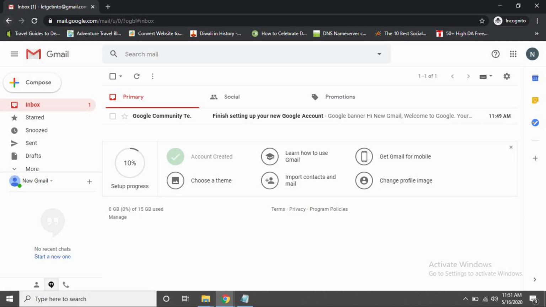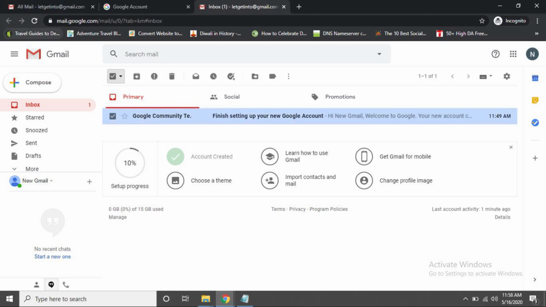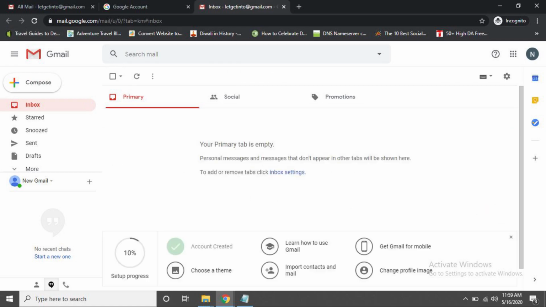Now I will tell you how to delete emails. First, let's see how to delete a single email. Just click on the checkbox and on the top bar you can see there is a delete sign. Just click on that and your job is done.